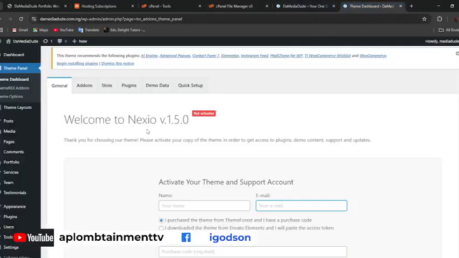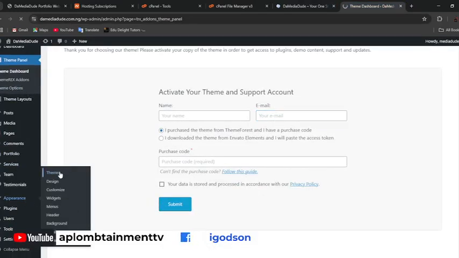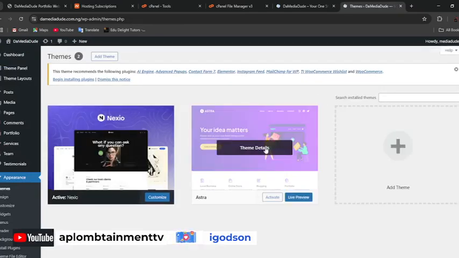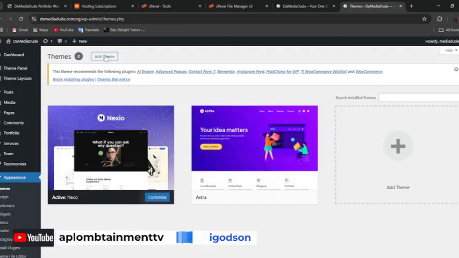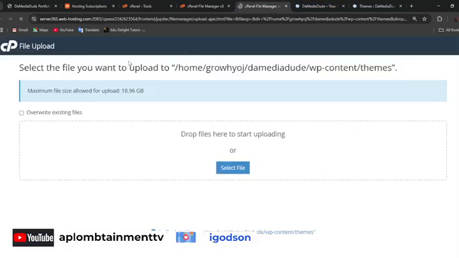Now, let me do that here. Remember, I've installed this theme here. Let's go back to the themes. Remember, for this Nextgeo, I installed it from the WordPress dashboard, which is by using this add theme. But in this case, I'm going to be using the file manager in my control panel. So I'll just click on upload. It opens another window. I'll click on select, and then I'll go to my website template,